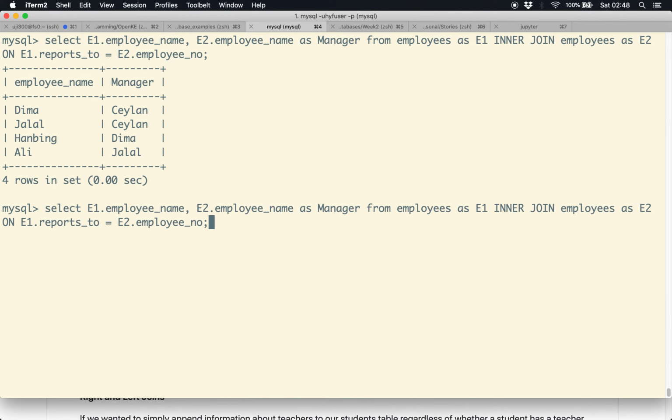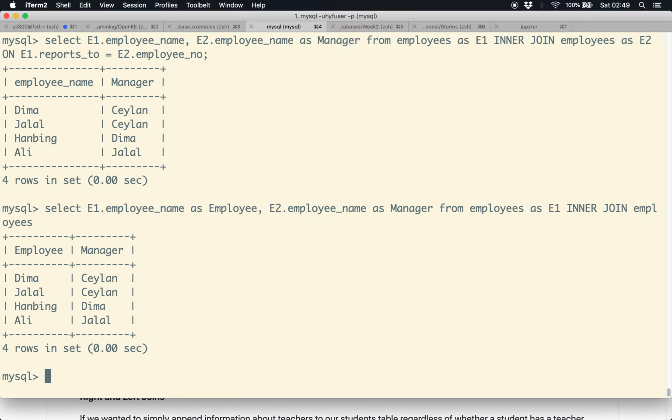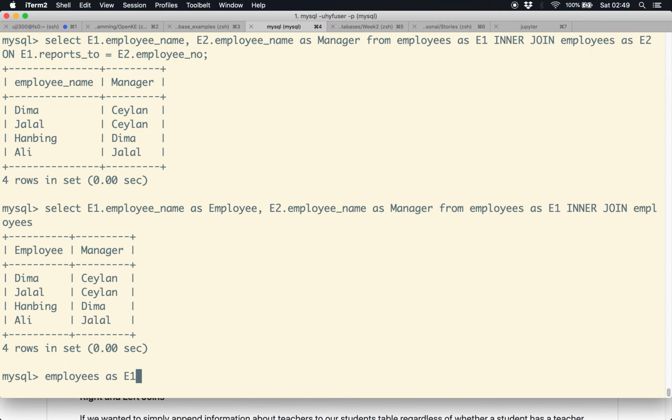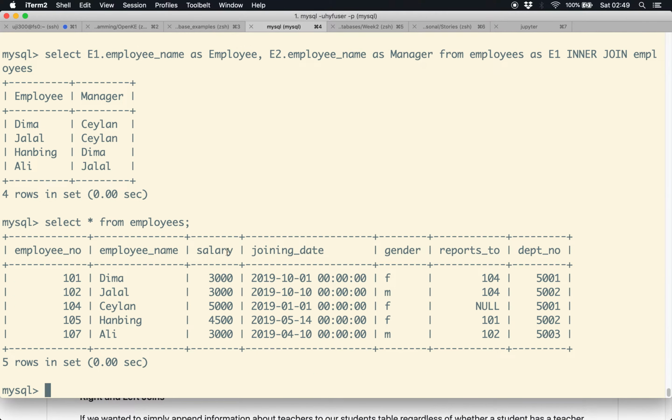IPCC employee name and manager. It's just beautification of the output. Employee and manager, but I still don't see the row for Ceylon, who, if I just look at select star from employees, is actually reporting to nobody, so I should also see that. Now that's where